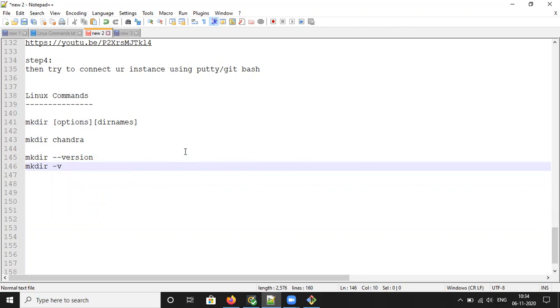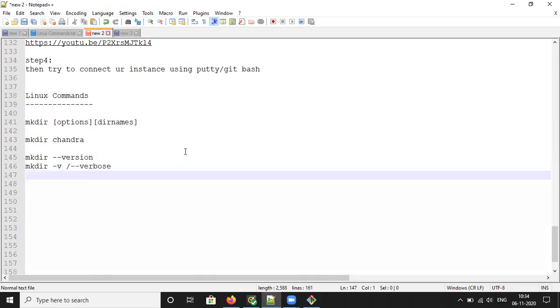If you want to print each created directory, you can use hyphen v or hyphen hyphen verbose. It will display a message for every directory you created.